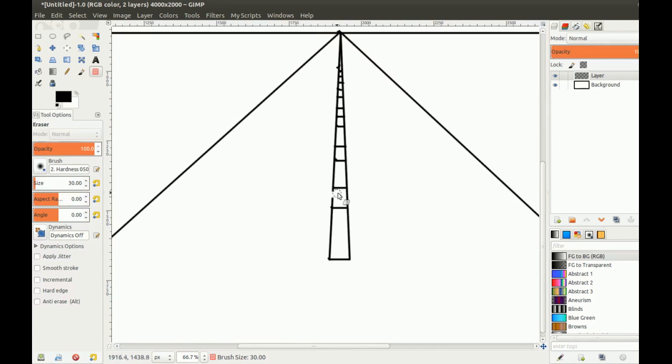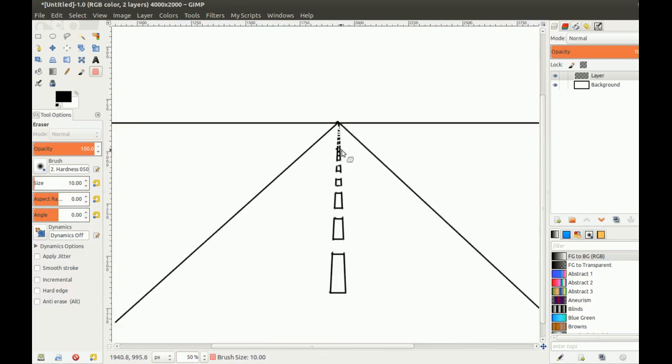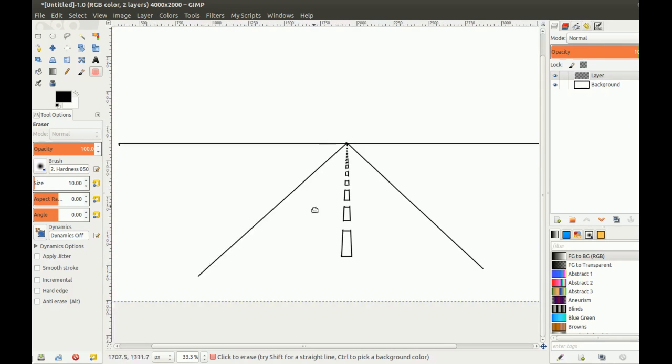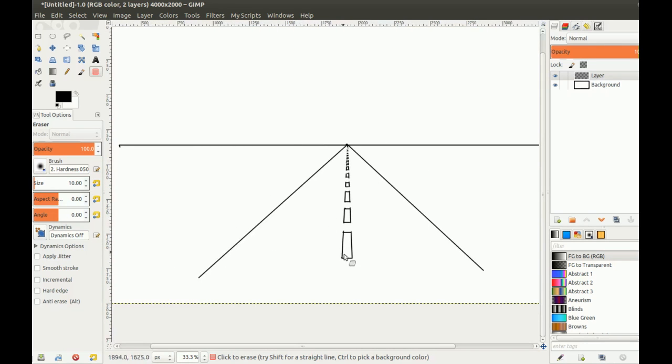Put it simple. What I'm doing here while I'm talking, I'm just drawing like a street, and this is 1 point perspective. There's two very commonly known ways to draw perspective, and they are 1 point perspective and 2 point perspective. And as you can see here, it already looks like we have a street, a road that